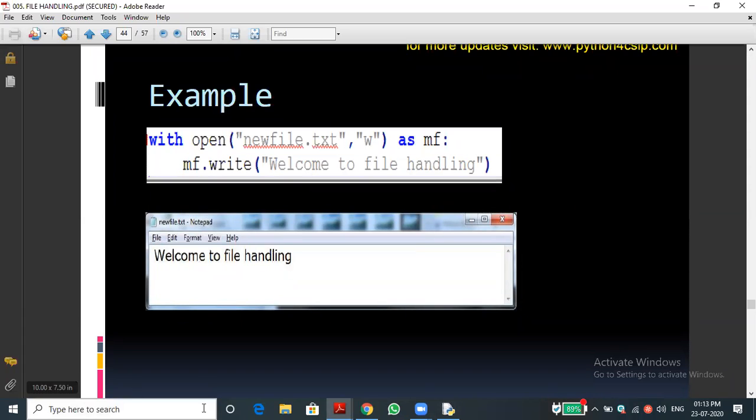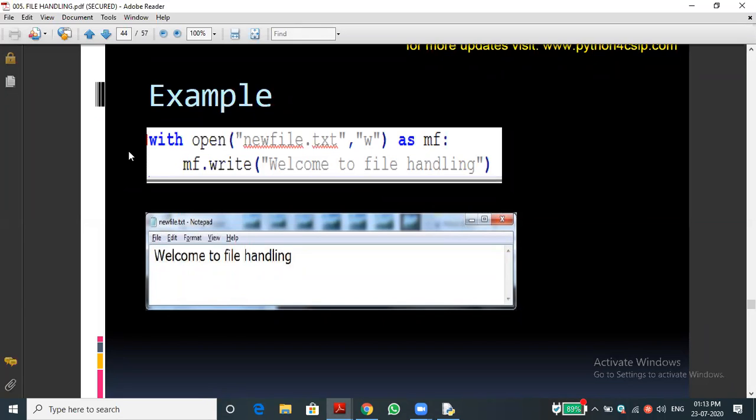But here, if you open the file for whatever mode, append mode, read mode, or write mode, in this manner using the with statement, we no need to use the close function. What is the meaning? The with keyword is there. You can see the with keyword. This keyword automatically ensures it. The keyword gives the guarantee to the user for the data. It should be safely stored into the file, and the file will be closed automatically. Implicitly it will do the actions.